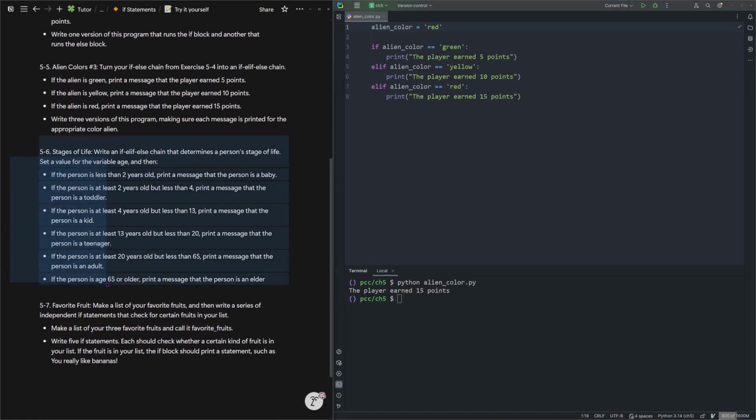Let's try 5-6, stages of life. This one is very similar to the grade example that we did. Now, instead of using the marks and assigning a grade, we are checking someone's age and giving them a stage of life. So, for example, if someone's age is less than 2, they are a baby. If it's less than 4, they are a toddler. If it's less than 13, they are a kid. If it's less than 20,